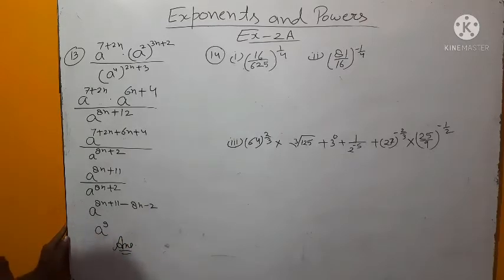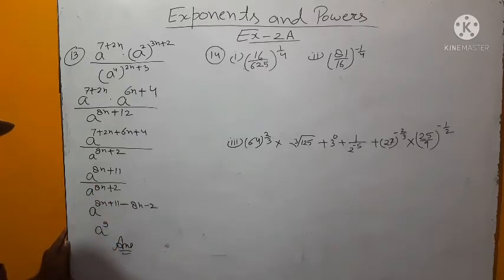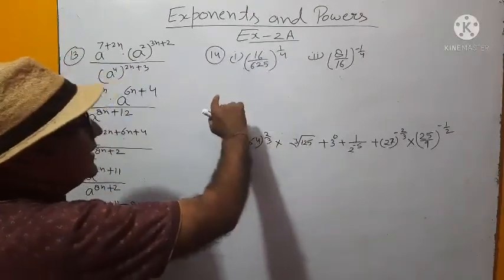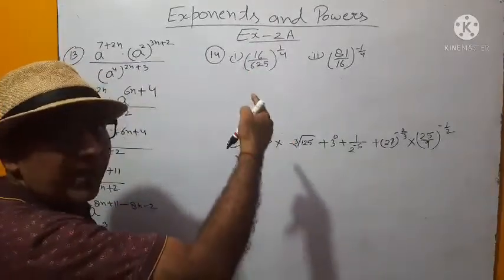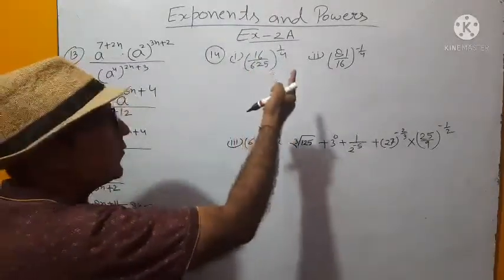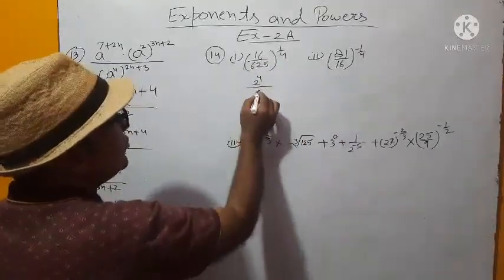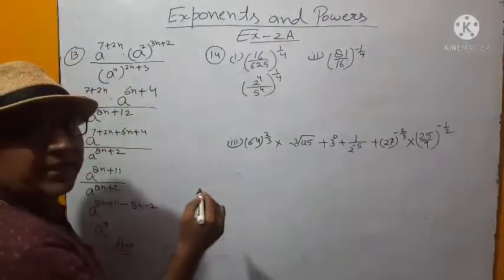Okay? Children, I hope you will be noticing that only exponent laws are applied here, and you have to be alert for the calculation. Don't mistake in the calculation. Now see question number 14. To solve this question, the technique is convert your base in the prime factors. Find the prime factors and convert it into exponential form. 16 can be written as 2 power 4. 625 can be written as 5 to the power 4. In the rough you can check it.